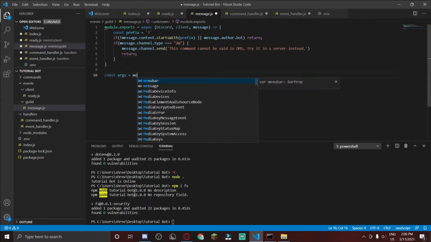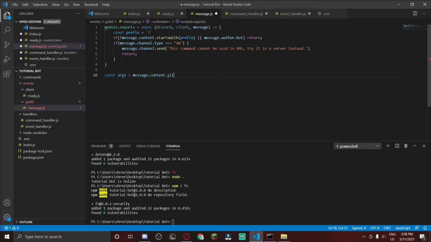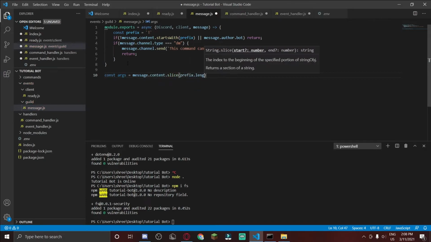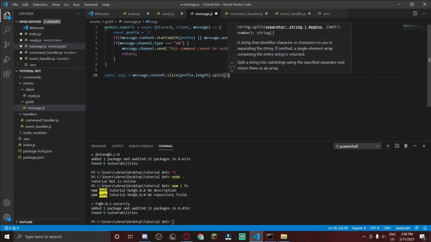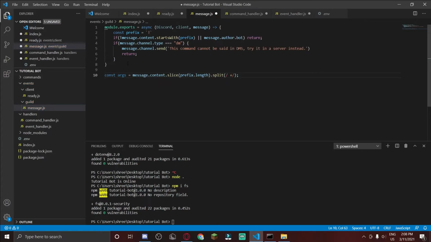Now you want to do const args equals message.content.slice(prefix.length).split(/ +/); Now you want to do const cmd equals args.shift().toLowerCase(), and then go ahead and do that. And then you want to do const command equals